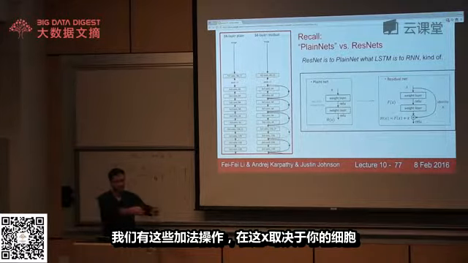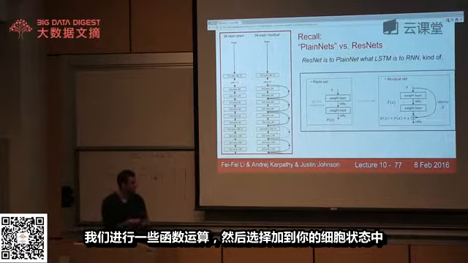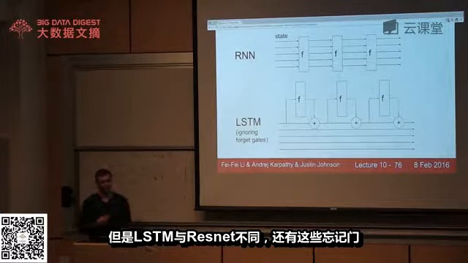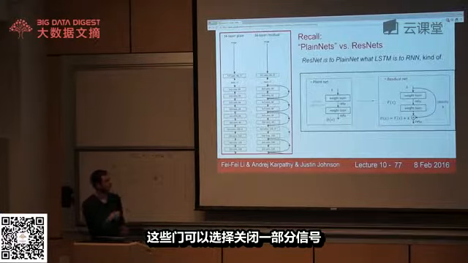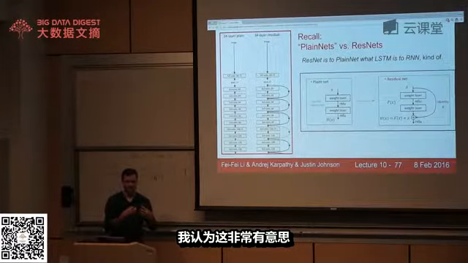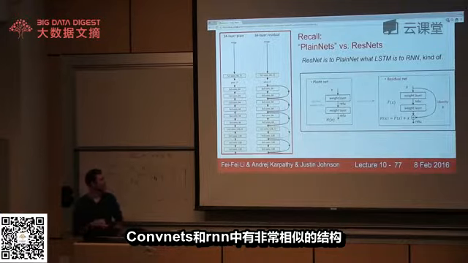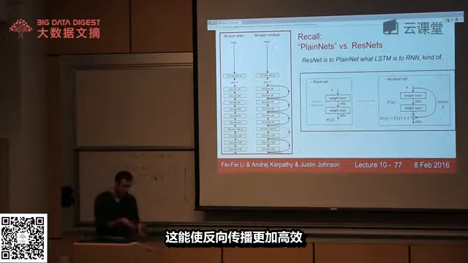We have these additive interactions where here the X is basically your cell, and we go off, we do some function, and then we choose to add to this cell state. But the LSTMs, unlike ResNets, have also these forget gates that we're adding. And these forget gates can choose to shut off some parts of the signal as well. But otherwise, it looks very much like a ResNet. So I think it's kind of interesting that we're converging on very similar looking architecture that works both in ConvNets and in recurrent neural networks, where it seems like dynamically somehow it's much nicer to actually have these additive interactions that allow you to